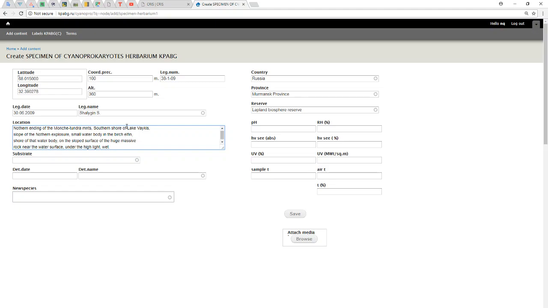But down the way we are going to put information about the microhabitat, like the shore of that little tiny lake on the sloped surface of a huge massive rock, and it was under the highlight and it was wet, and we need to take it into consideration. We need to know the exact microenvironment of cyanobacteria, because they are microorganisms, and for them it matters where to grow. Substrate was rock, non-calcareous rock,